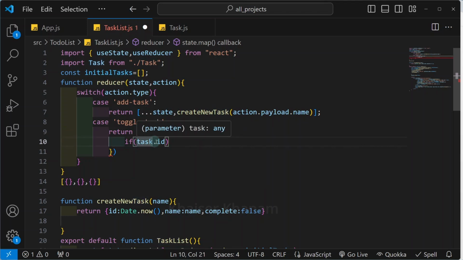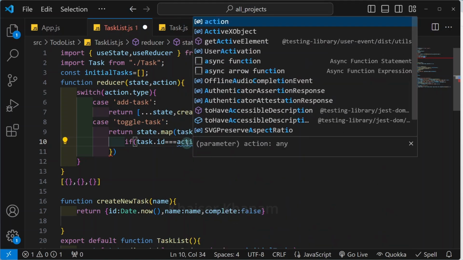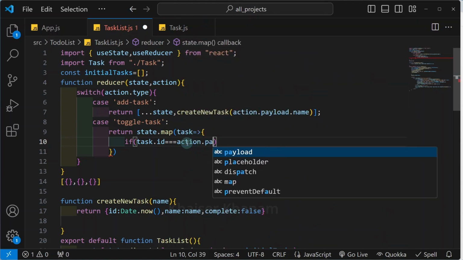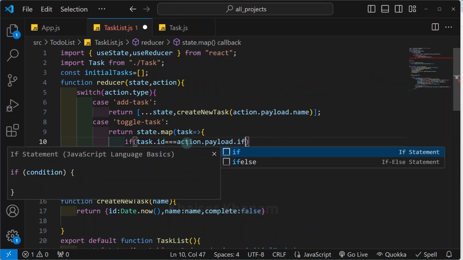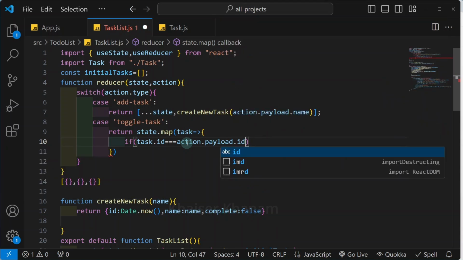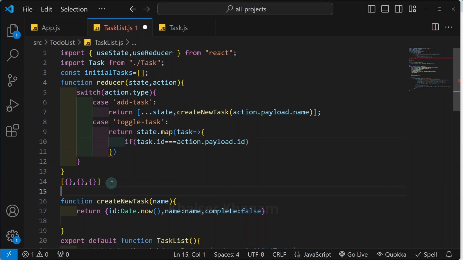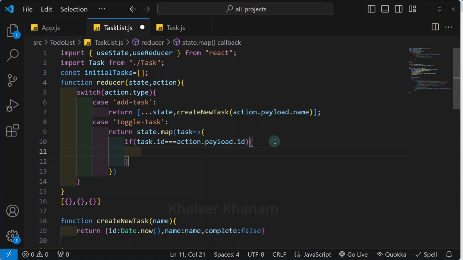Inside that I'm checking if this task ID is equal to action.payload.id. This is nothing but the item which I have clicked. For that also we are going to have an ID. So from this array, if any of the objects matches with that ID, then what I have to do,